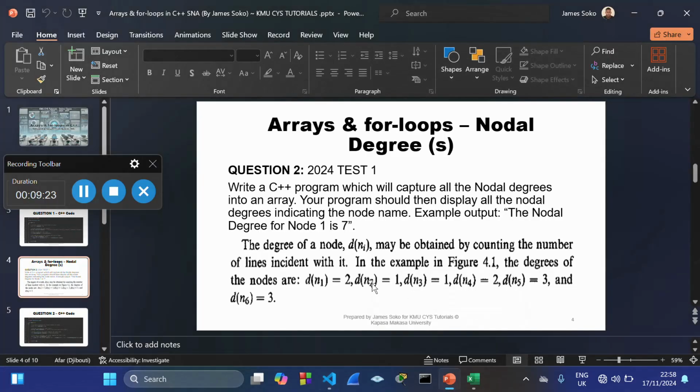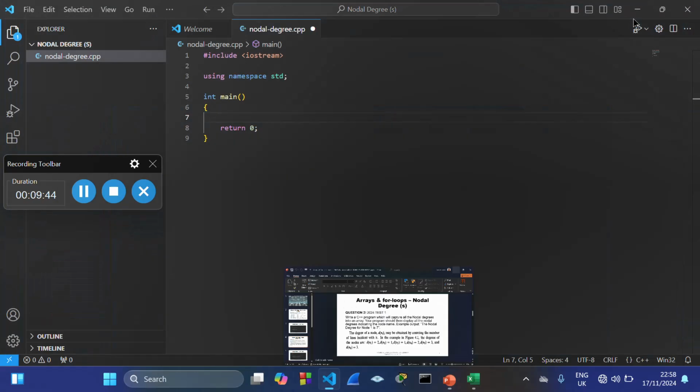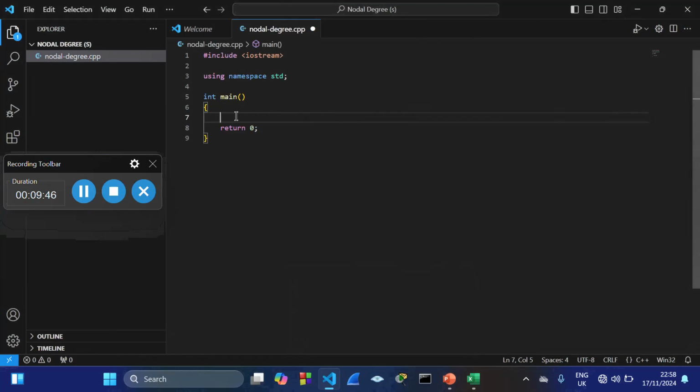So the question is saying write a C++ program which will capture all nodal degrees into an array. Okay. So number 1, we need to understand how many nodal degrees we have. 1, 2, 3, 4, 5, and 6. Since we have 6 total nodal degrees, we say variable